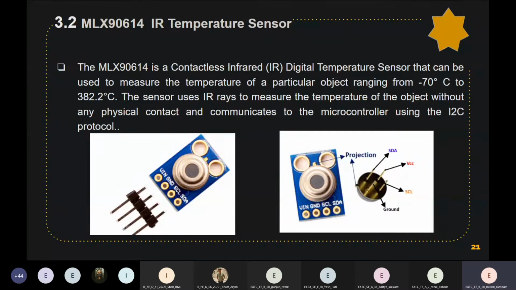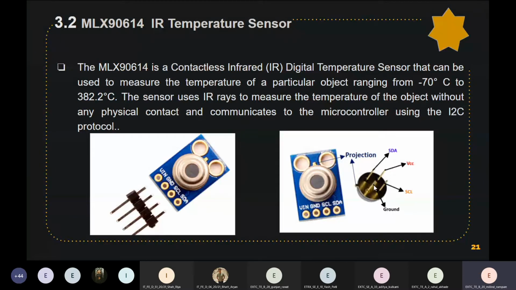This sensor is a contactless infrared digital temperature sensor that can measure the temperature of an object ranging from -72 up to 382 degrees Celsius. It uses IR rays to measure the temperature of the object without any physical contact, and communicates to the microcontroller using the I2C protocol.